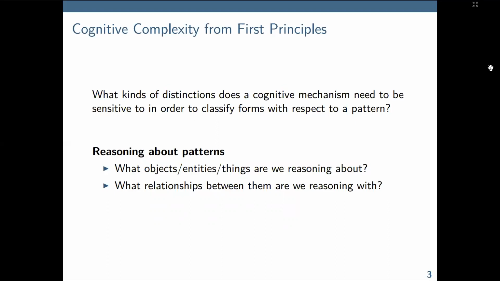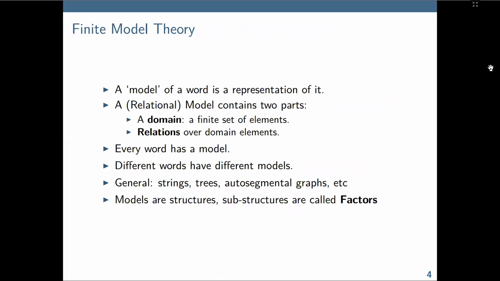So to formalize these two questions a little bit more, we start with the first one and ask, what are the structures that learners are entertaining when they're inferring information from the data, okay? So what structures are they building, okay? So to formalize this, we're going to describe this using finite model theory, okay? For those of you who are familiar with model theory and semantics, this is quite similar, but it's now applied to structures rather than the sort of semantic notions that it's usually applied to, okay?